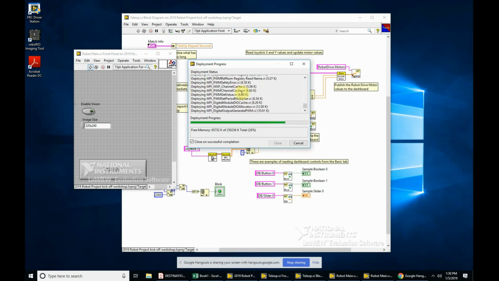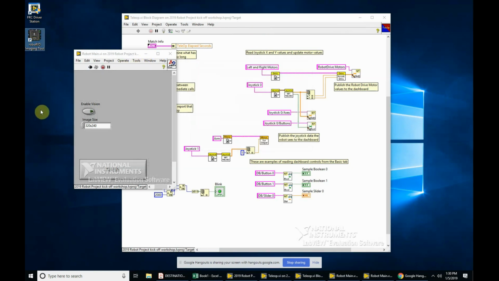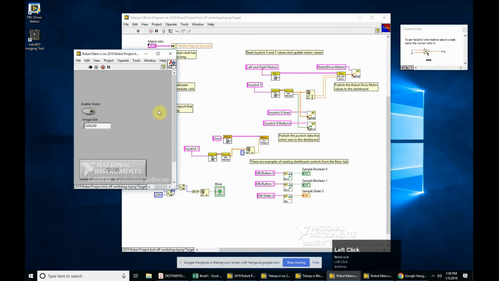While that's going, notice on my desktop, when I installed the FRC tools, I got the driver station and the RoboRio imaging tool. I also installed that this morning, but I'll just delete that shortcut. You'll use this once. I accessed it by going through tools, but it is useful to have handy. Okay, so main is running. If I open up the driver station,